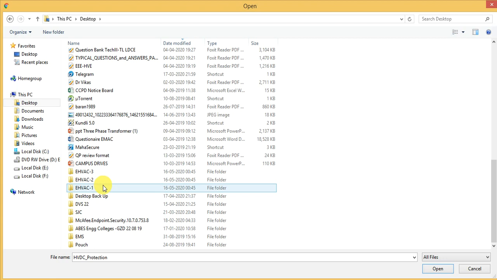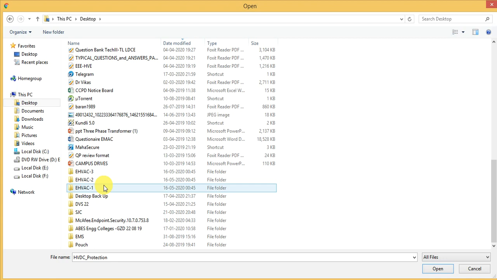There are 3 folders: EHVAC1, EHVAC2 and EHVAC3. The reason behind these 3 folders is that whenever we are saving question papers, generally we would write paper 1, 2 and 3. But if we are giving a single paper to a set of students, we need to keep the name of the file uniform for all, so that they will not be able to identify which question paper is given to which student.